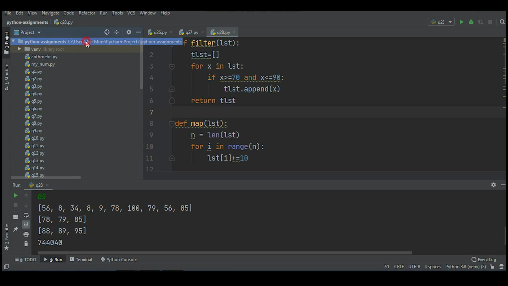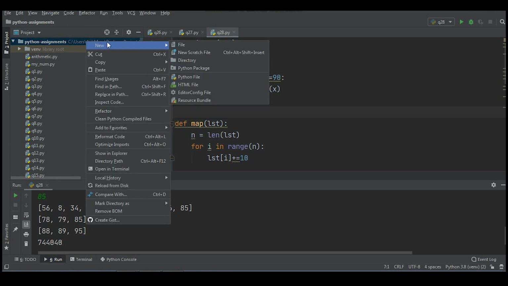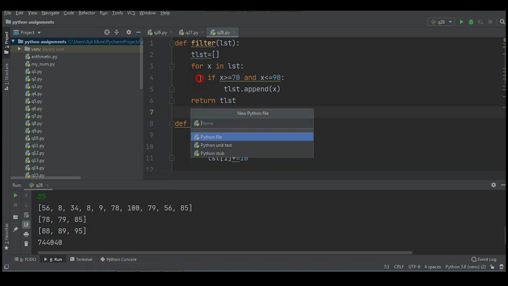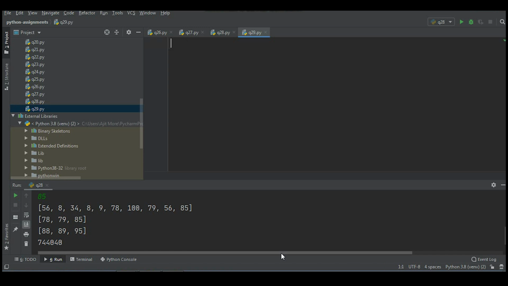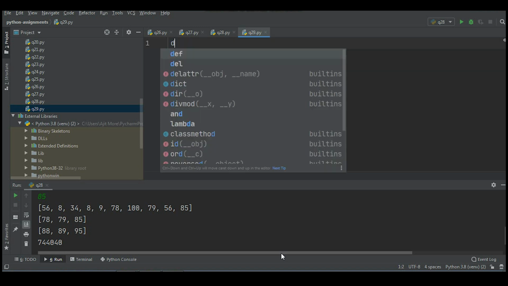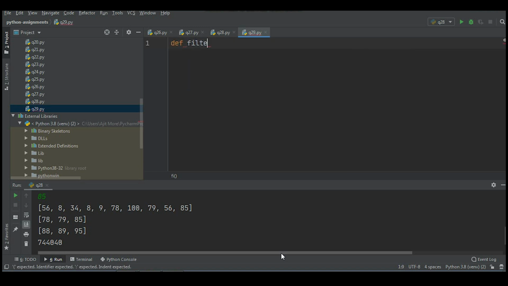We'll create one more file. I'll give the name Q29. Now the first task is to create a filter function. def filter.